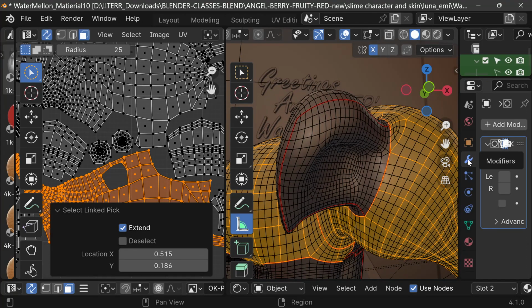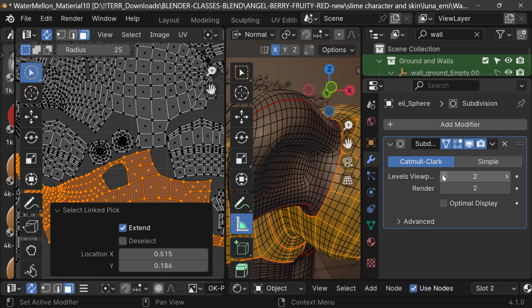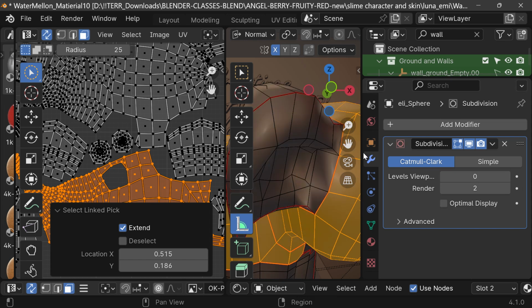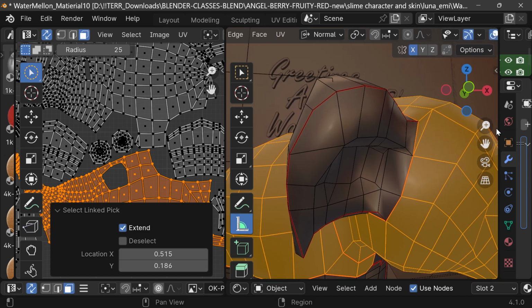And I can turn off, I've got a subdivision modifier on it which subdivides all of the faces. And I have it set at 2. There's 1. Now it's off. 0. And